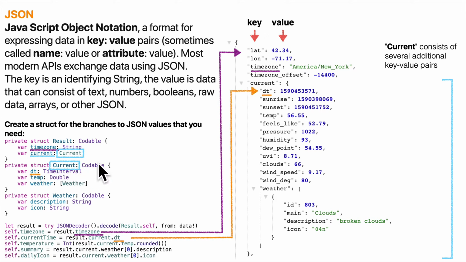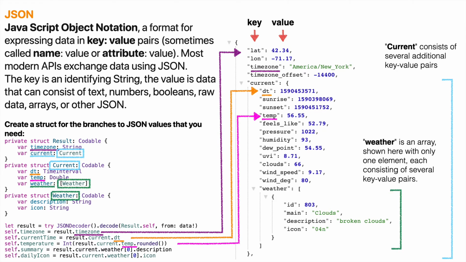dt, this is a new type for us, TimeInterval, but it's really just a Double. temp, which is a Double, and weather, which is an array of another struct which we'll create. So to get to the nested JSON, we add a new property to our Result type. And again, Result, we could have called it anything. So there's no key over here in our JSON that's named result. It's just something that represents the very first level of JSON. So in our Result struct, we have a property named current. That's of type capital Current, which is the type for this struct that can parse out the values that we need. Then to get to the values that we want, after we've decoded the JSON, we could just say result.current.dt,